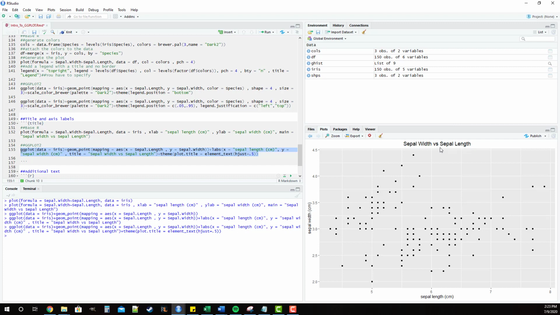So hopefully this made sense. Hopefully you see the difference in construction between base R and ggplot. As always, if anything doesn't make sense, I encourage you to pause, go back, rewatch the part you're confused about,